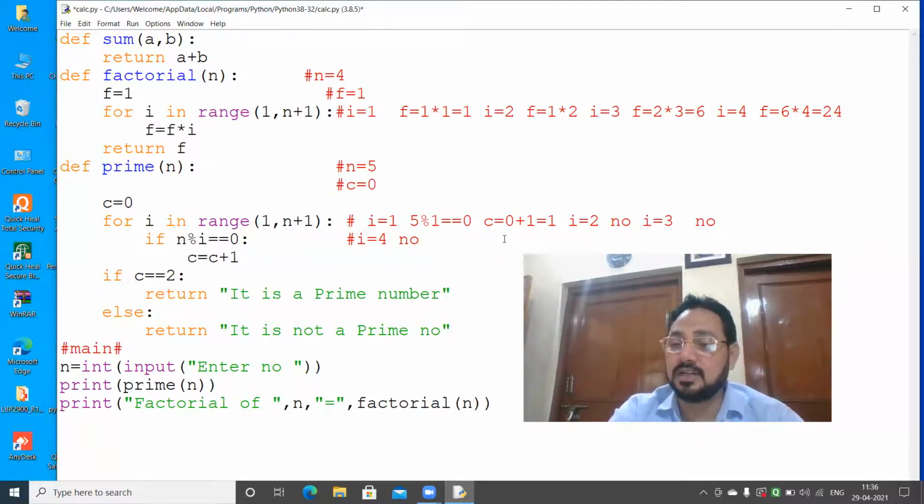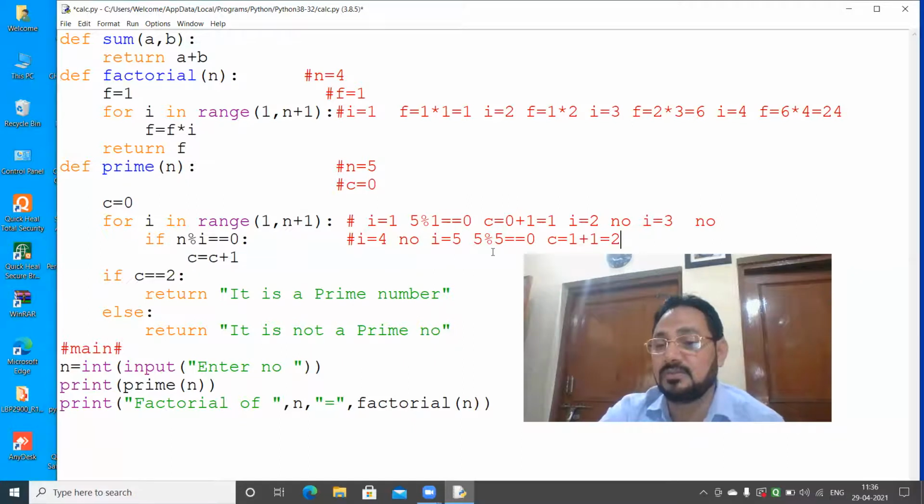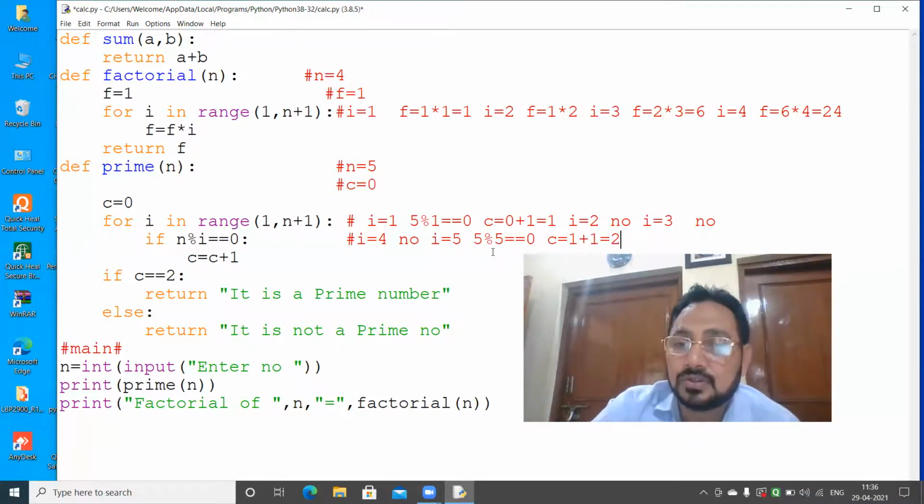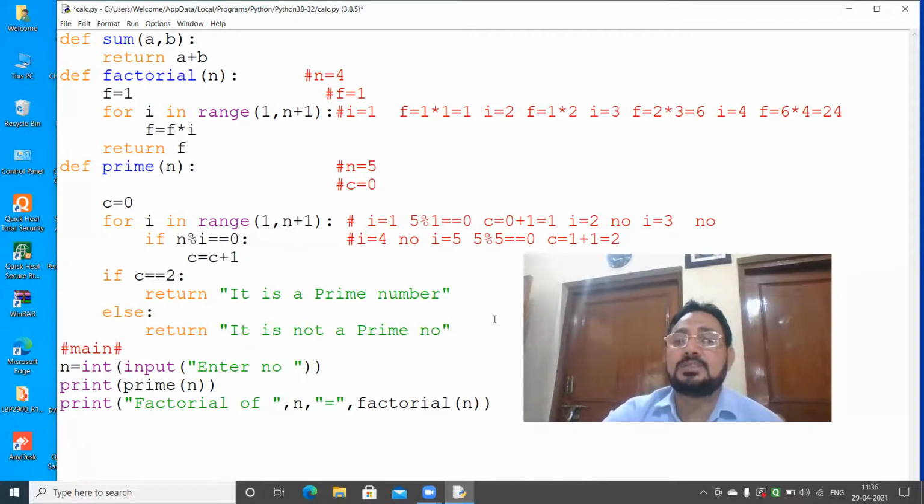I'm not writing it completely now, you have understood. I have already taught this program in 11th also. i is equals to 5. So then 5 mod 5 equals to 0. Yes. Then c is equals to 1 plus the last value of c, which was 1 only. So here it was not calculated at all till 4. Then after 5 mod 5, of course 0. So 1 plus 1 is equals to 2. Mod means remainder. So when you divide 5 by 5, you will get remainder as 0. So 1 plus 1 is equals to 2, so c is coming 2.